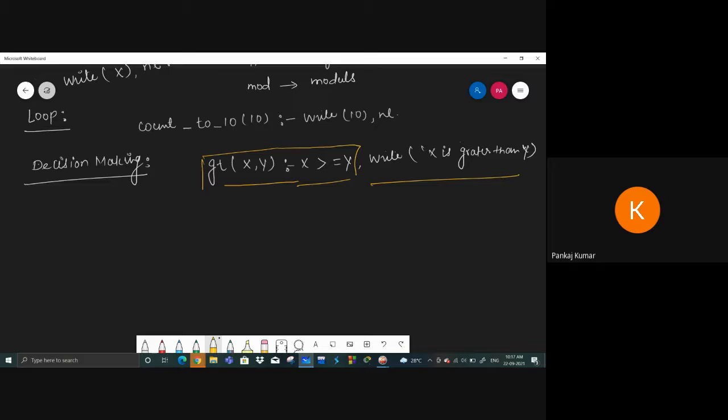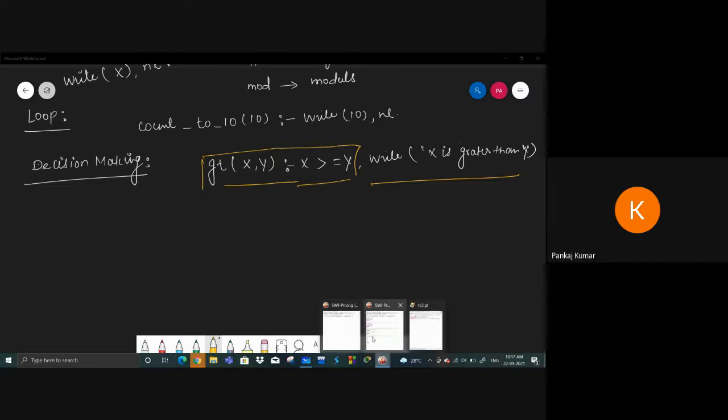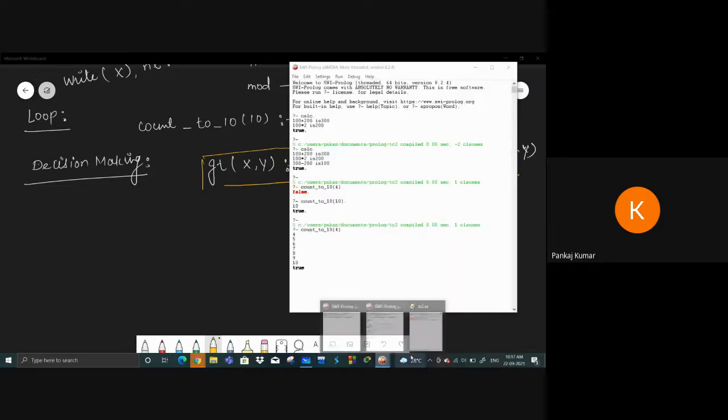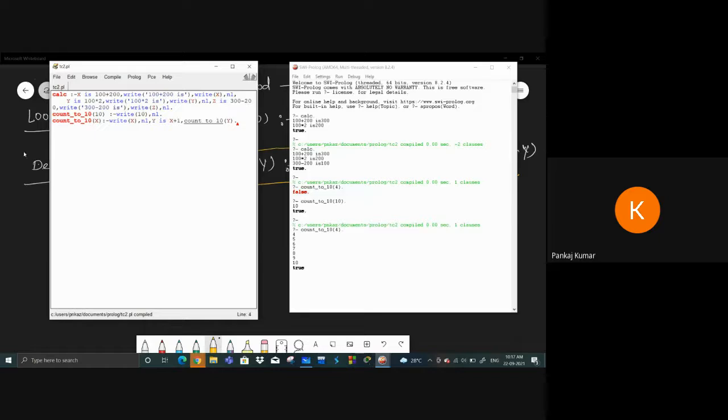Similarly, we have to pass the parameters. So here I'm going to write. Suppose I am writing, then this is the code for the if then else, not else if, I'm writing. So I'm writing GT.